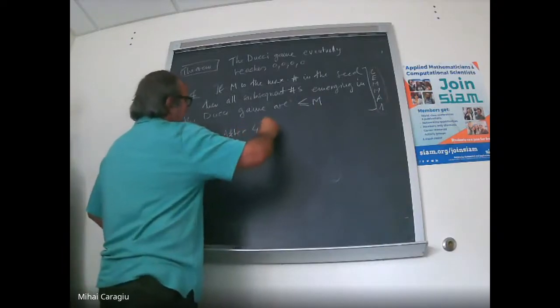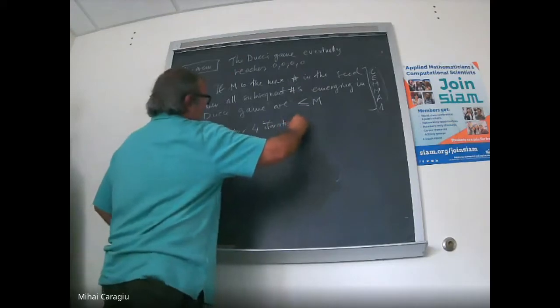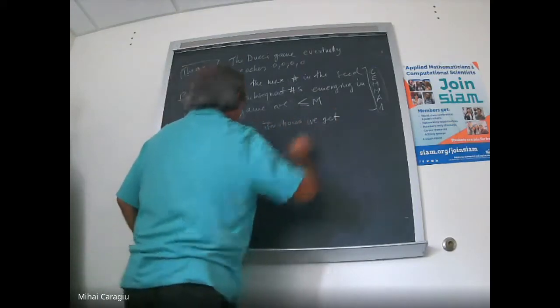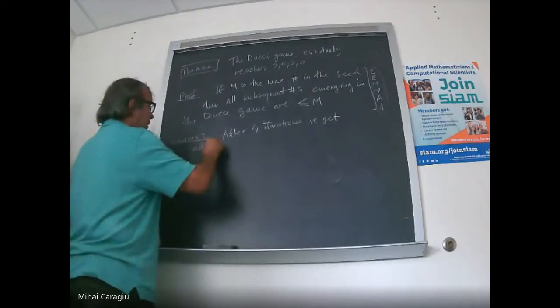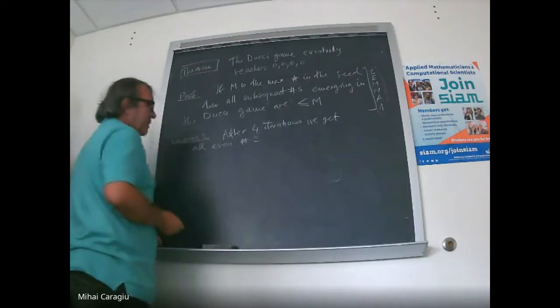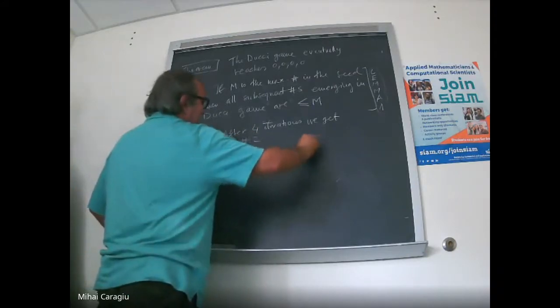After 4 iterations, we get all even numbers. So remember the Ducci iteration: x1, x2, x3, x4